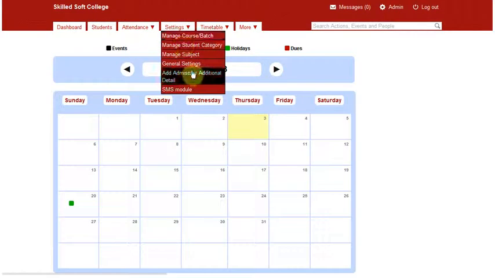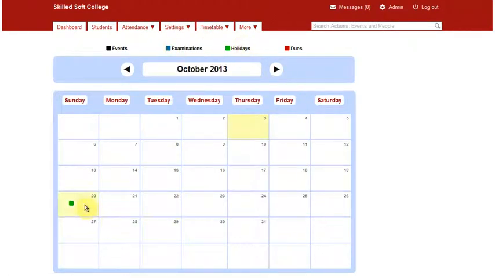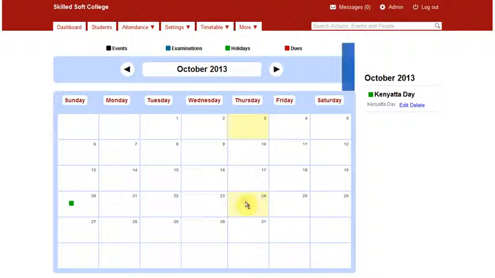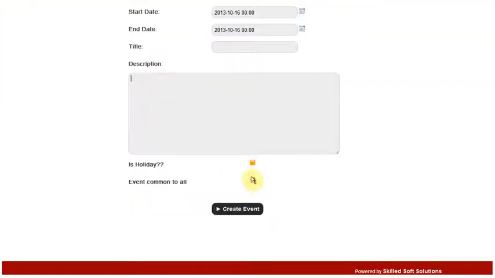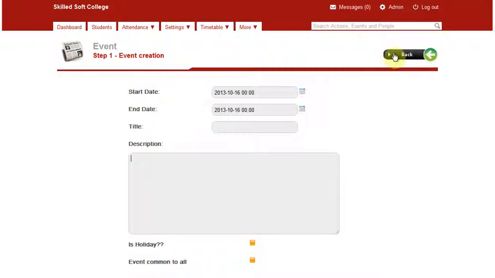However, other events like holidays can be added directly into the system. As you can see, we have a simple holiday here, Kenyatta Day. All you need to do is double click on a date, and you should be able to add an event. So basically you click and then you'll see an add button. When you click on the add button, you give the date, the start date and the end date for the holiday, and then you can also state whether the event is common to all people or it's not. If it is a holiday, you take it as a holiday. If it is not a holiday, then you simply leave it as is and it will be treated as a